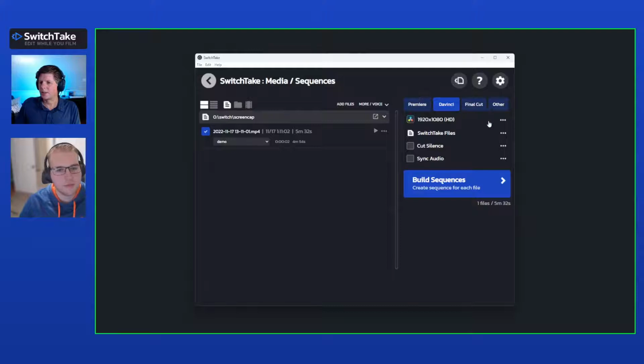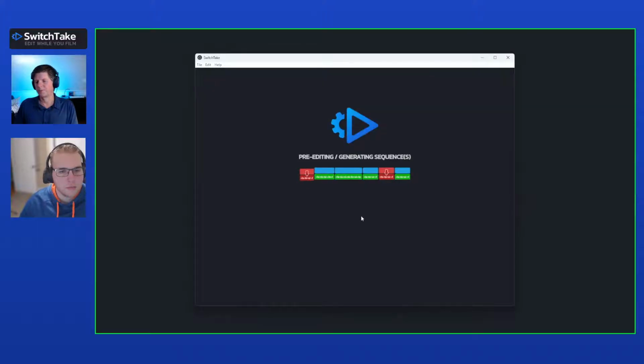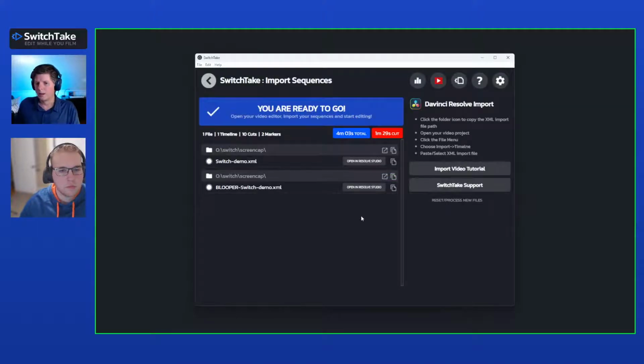Okay, let's see. I think that's covering most of the stuff here. There's a few more options in here, but we're going to go ahead and click build sequences. Okay, and that's what it did. Basically, says we're ready to go. We have 2 imports that have been created. One of them is just a demo XML, and one of them is a blooper reel for the outtakes that